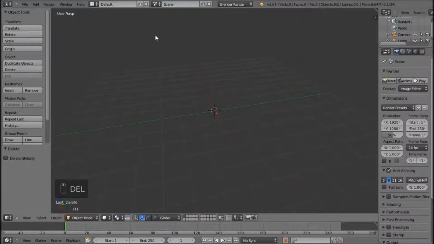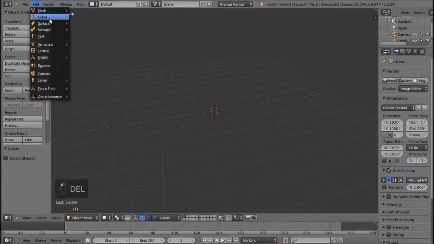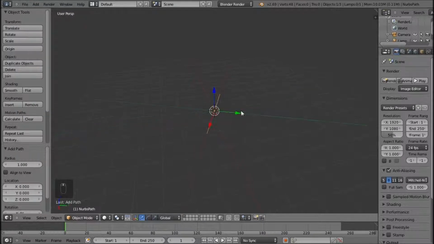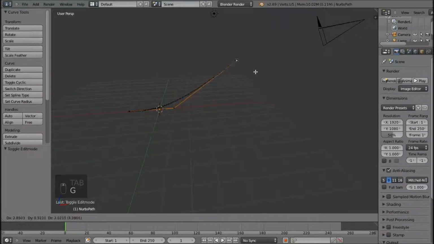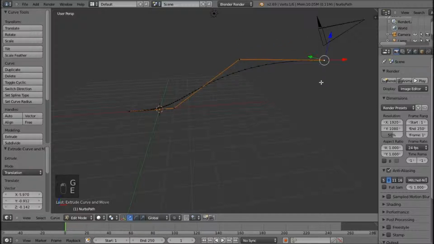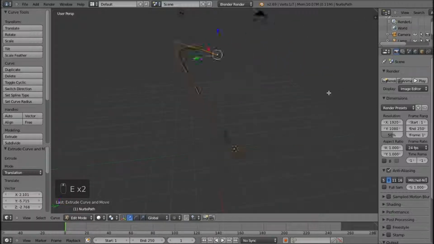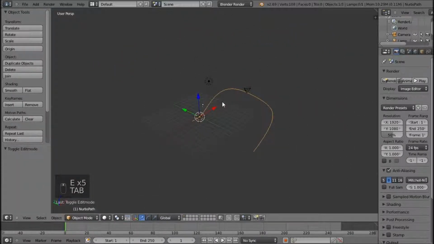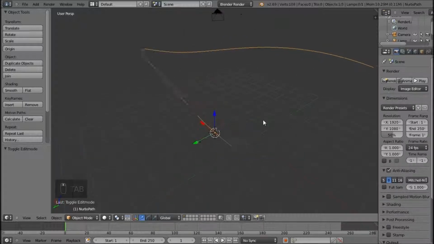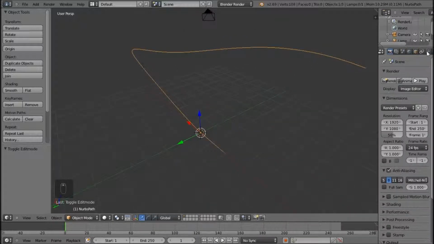Right, so if we add the same curve again, the path curve, change it, move it, change it a little bit, extrude it, it looks a bit like a roller coaster. So we can use another modifier with the curve modifier,